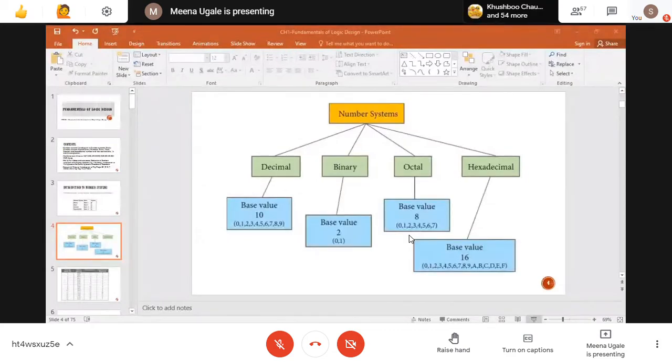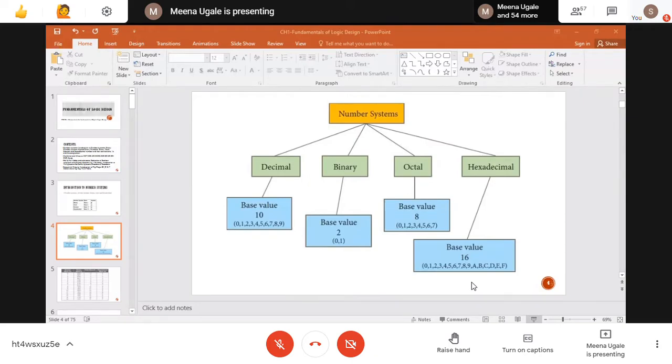Going to the next slide now. This table is showing you how these numbers can be represented. The first column is giving you the decimal representation of 0 to 15, and onwards you can go. Just for a basic reference, we are going for 0 to 15. In binary now, when I want to represent these numbers, how can I write? For 0, this is a 4-bit representation for binary. I'm writing 0 0 0 0.